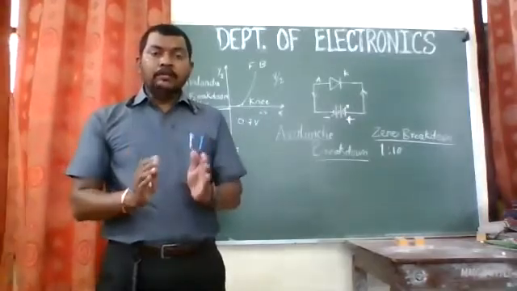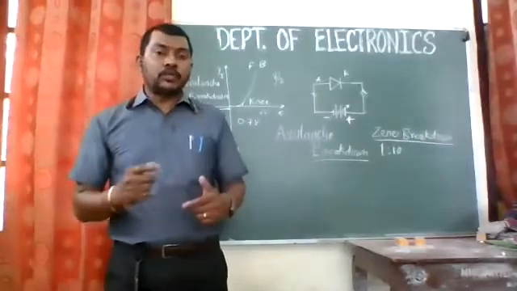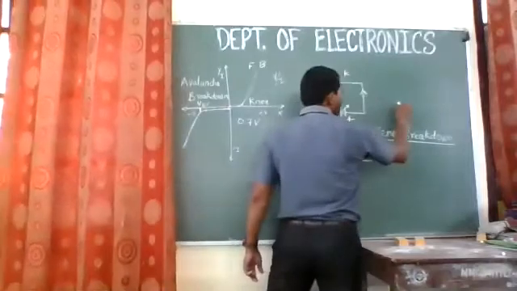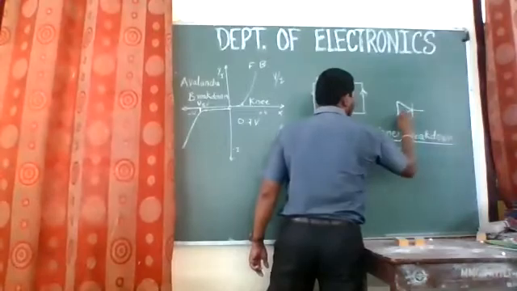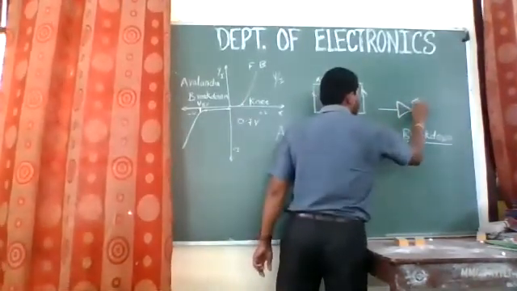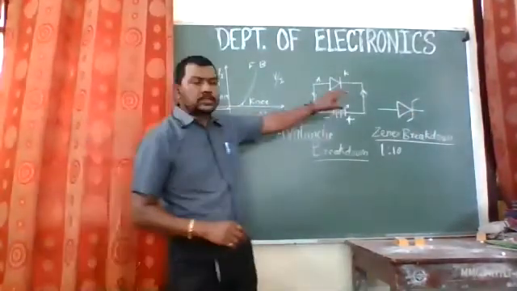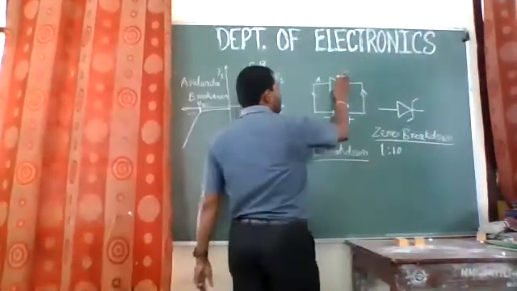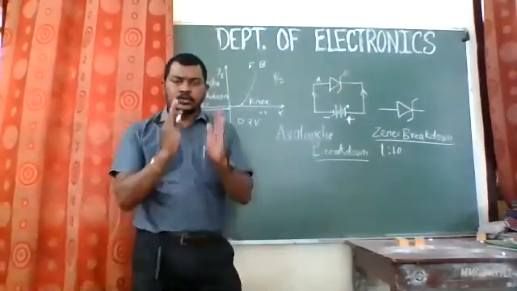Now, when we apply a reverse voltage to such a type of diode, then what happens? This is the same structure. The symbol of a Zener diode is like this. We have the same arrow like this. This is a simple diode, and when we have this type of two lines, it becomes a Zener diode. So this is the symbol of a Zener diode. Whenever we apply reverse bias to a Zener diode, what happens?